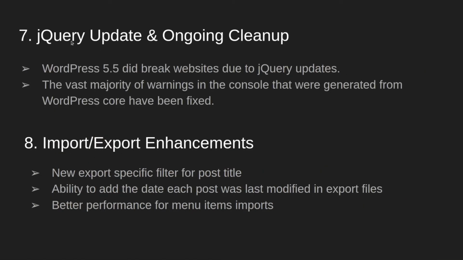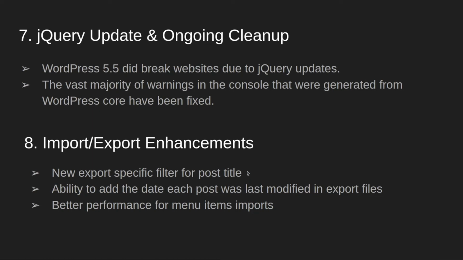And it also has improvements in jQuery updates and has cleaned up major flaws that were in 5.6 and 5.7. We usually know that WordPress 5.5 had a major breakdown due to jQuery updates, and it caused many websites to crash. So those issues have already been fixed in 5.7, and work is still going on.